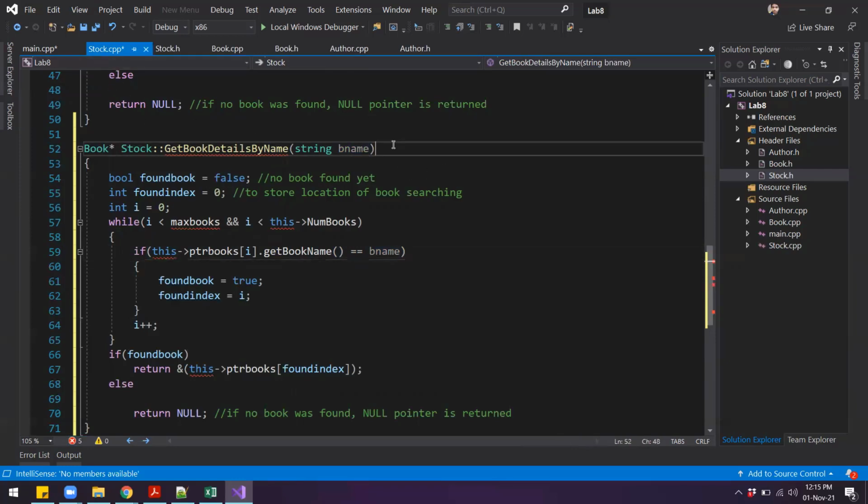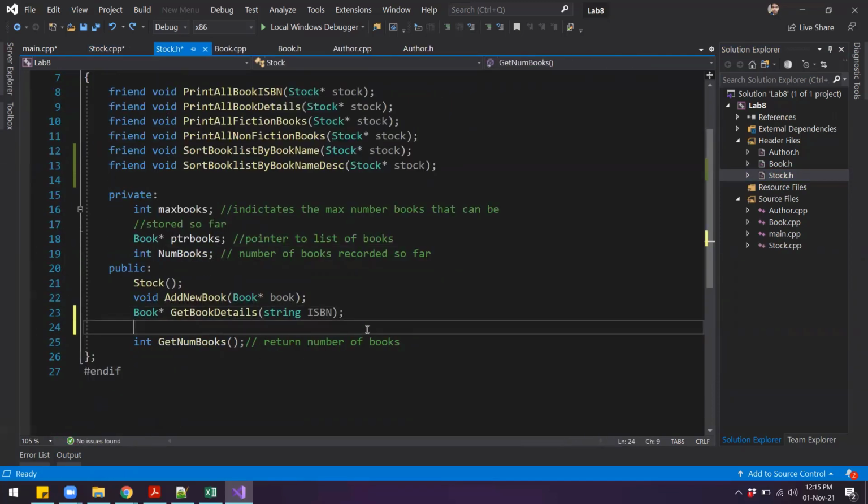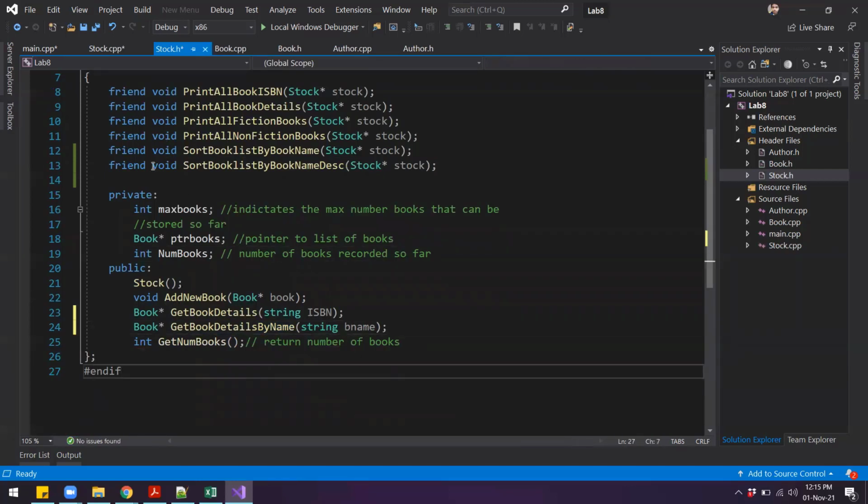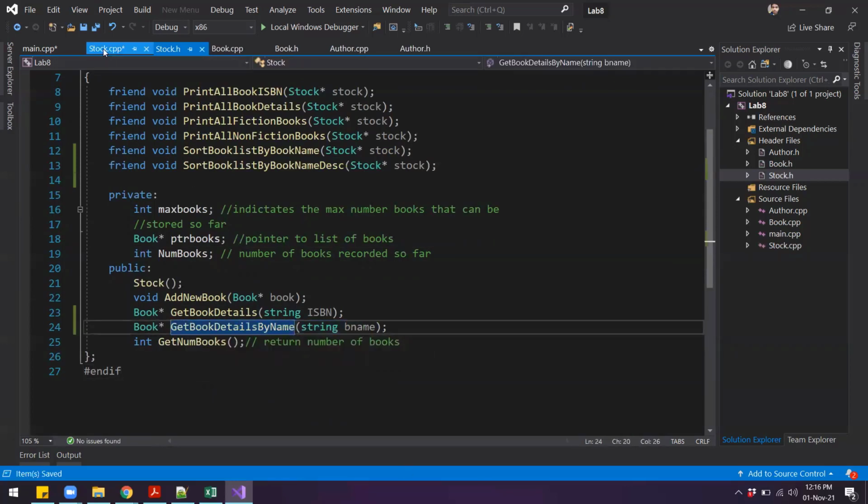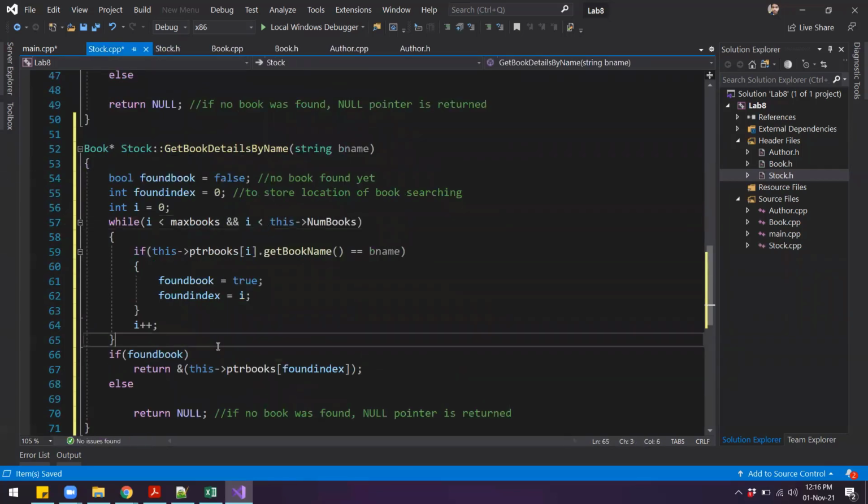So I'll go to the stock header file and I'll declare this particular function. Okay, so in here I will add that new function, and I can get rid of this stock class name. Right, so now the function is declared with a semicolon. So now this particular header file knows about this get book details by name function, and then inside the CPP file we have its implementation.